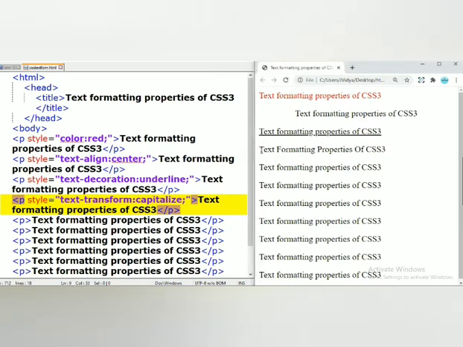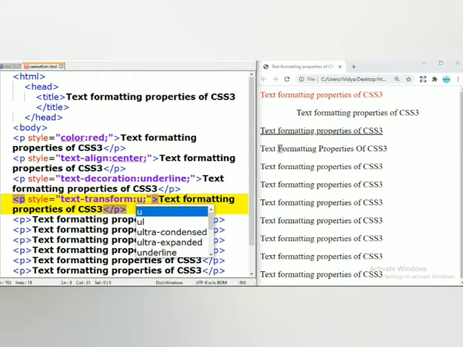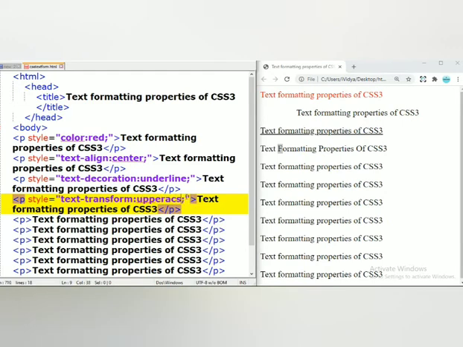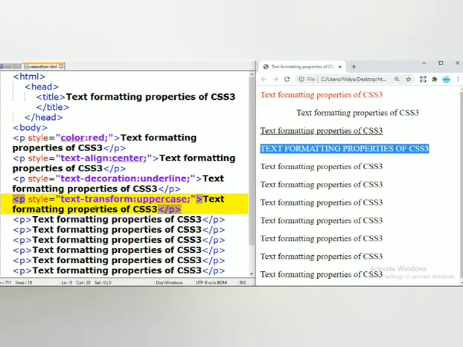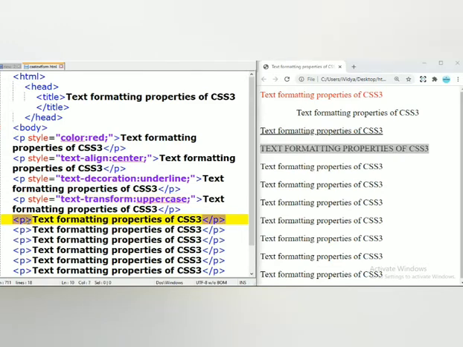So here you can observe first letter of every word became capital here. If I convert it to uppercase, then all small letters are also converted into uppercase. So save this and run here. So you can observe here all text is converted into uppercase. Next is